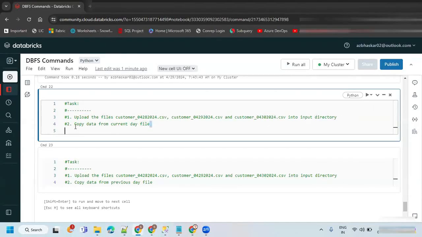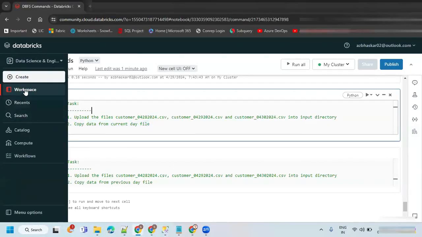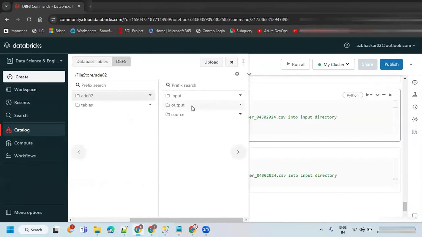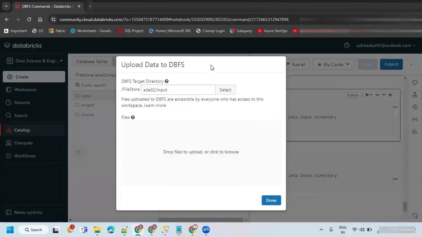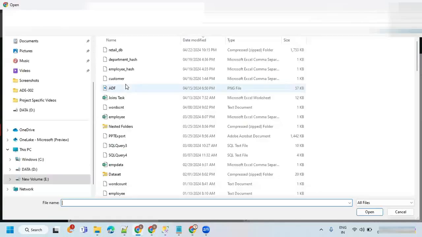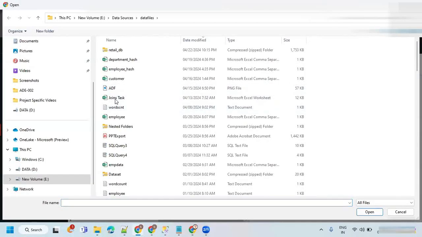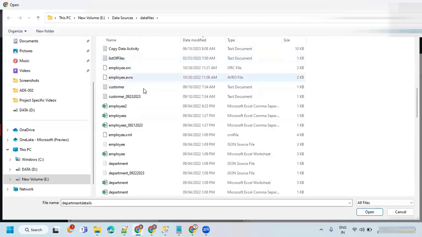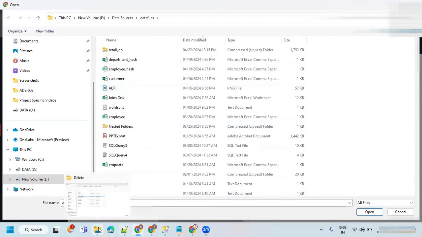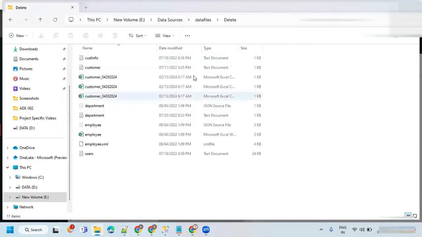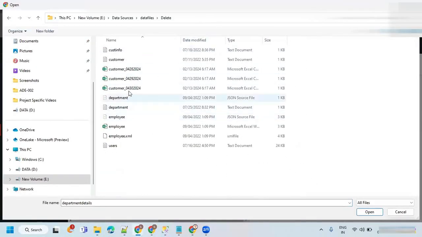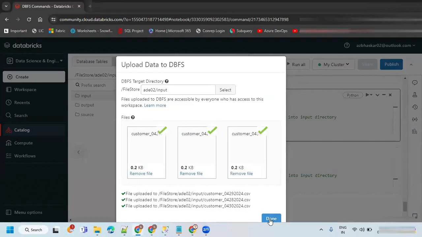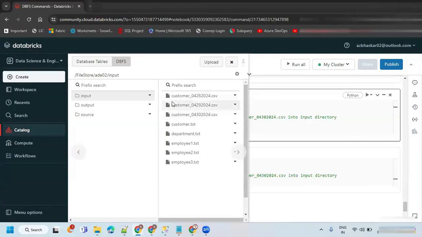Let me upload the files first: Catalog, DBFS, file store, AD02, input, upload. So 3 files are uploaded into the input directory.